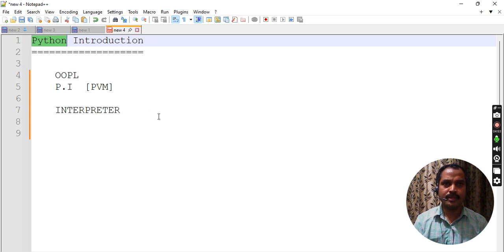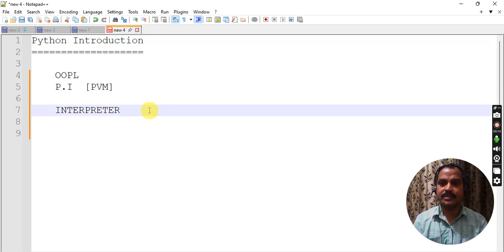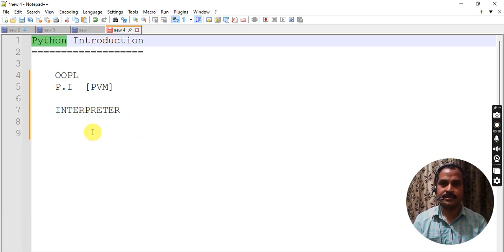Java is purely object oriented and doesn't support functional orientation, but Python supports functional orientation also. Using functions also we can implement the applications. It is easily understandable and easily implemented compared with the Java language. So that is the importance of Python.